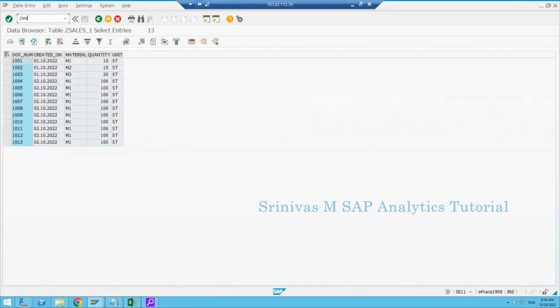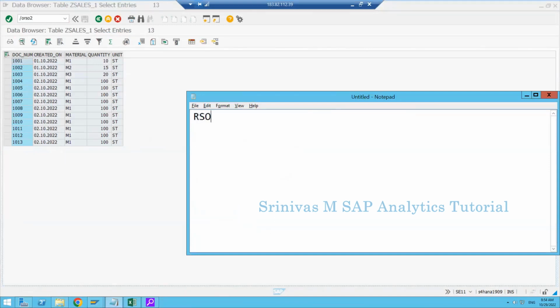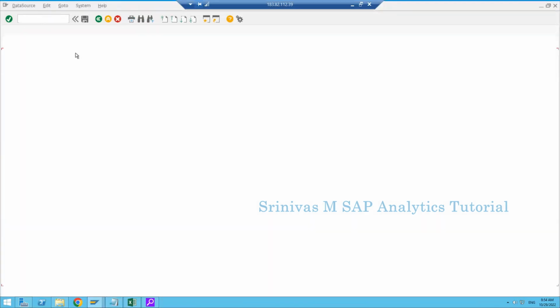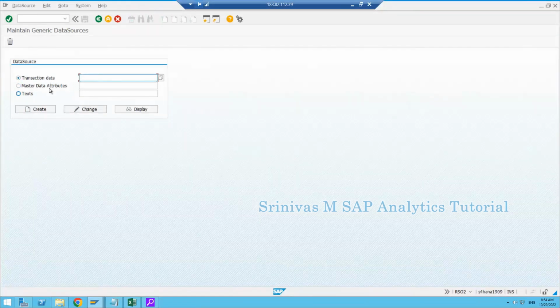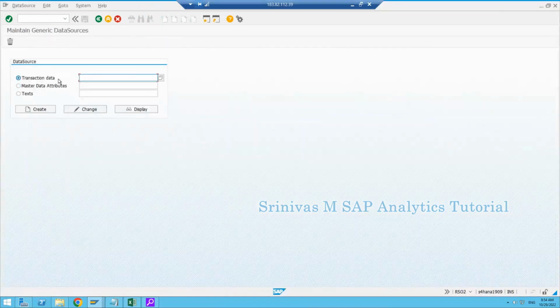So I'm going to RSO2. To create a custom data source, what we need to do? We need to go to the RSO2 T code. Here we need to specify what kind of data source it is. Because the table which I am referring to is a sales table, sales means transactional data. So I'm going to select transactional data